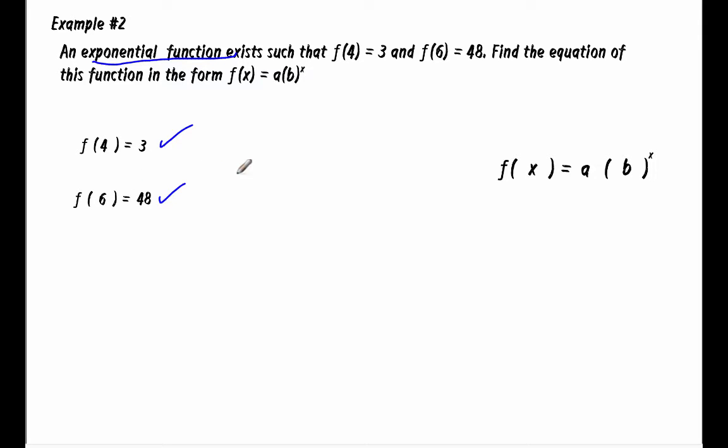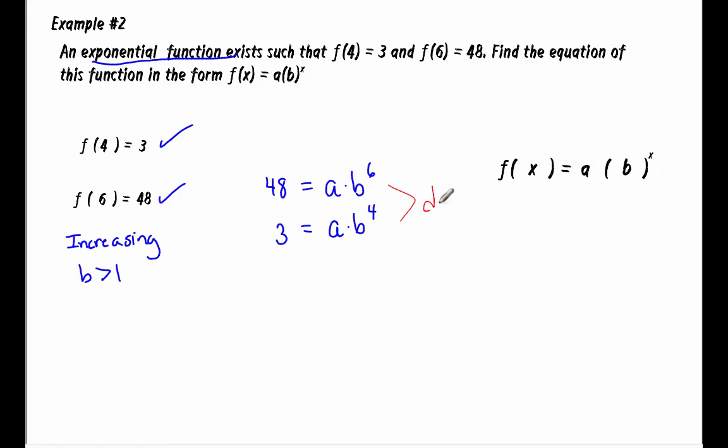Well, I'm going to start with my first thought process here. And I should know that this is an increasing function. Right? When I went from 4 to 6, my end result went from 3 to 48. It's increasing. So therefore, my base is going to be greater than 1. At least we know that much. So let's find that base. Since it's increasing, here's the trick to this. When I put 48 into the function of some principal times some base, it was raised to the 6th power. When I got 3 as an answer in the same function with some principal and some base, it was raised to the 4th power. Well, what I'm going to do is I'm going to divide